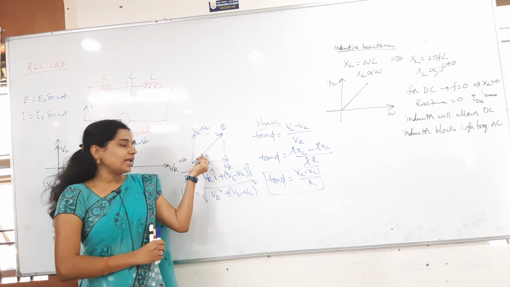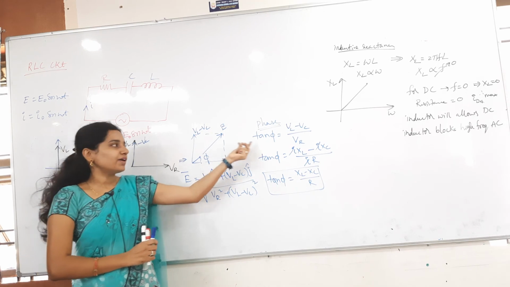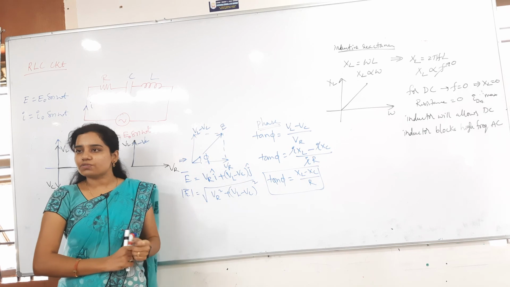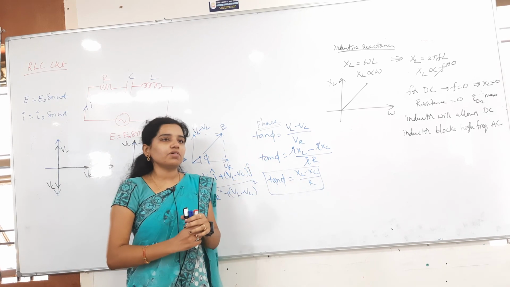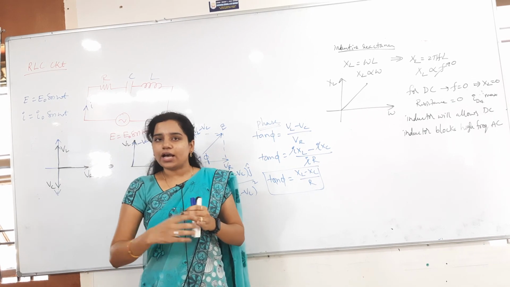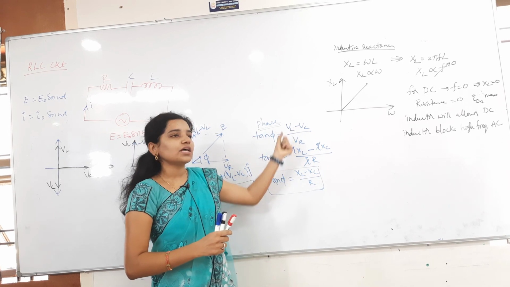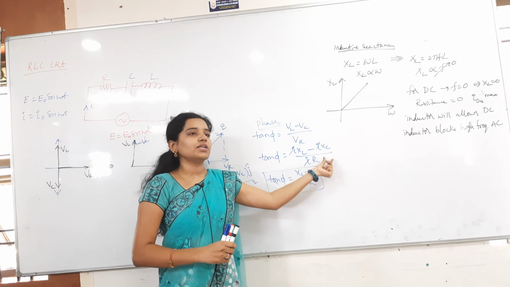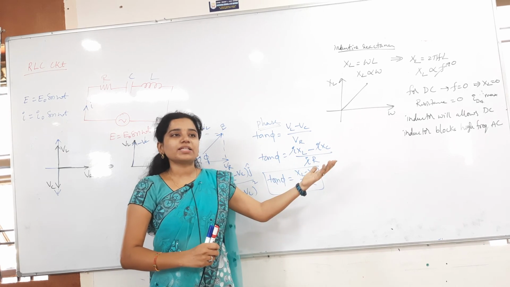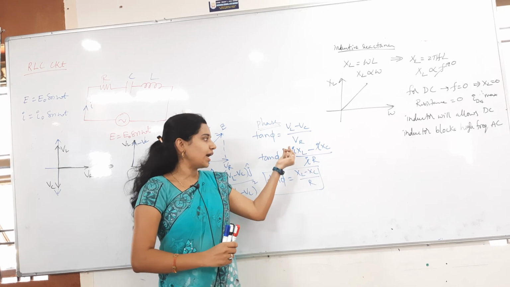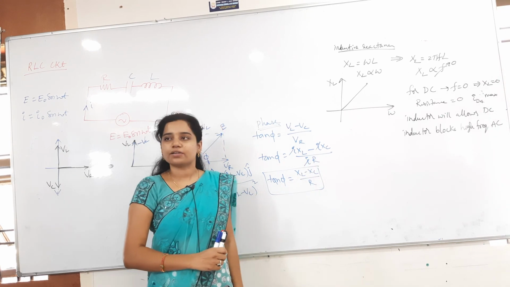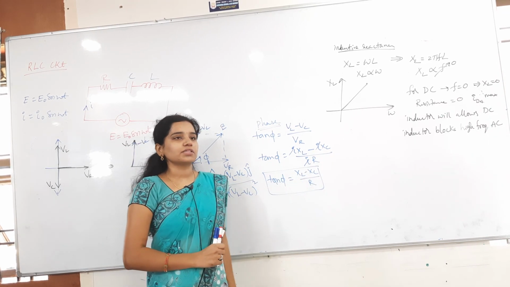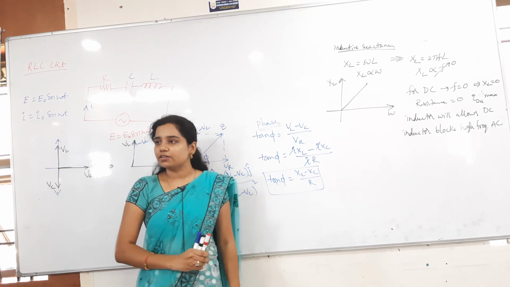Now from here I have to find out the phase, tan phi is equal to opposite by adjacent. VL minus VC by adjacent, which is VR. Voltage is nothing but I into R only. I is the current, and the resistance offered by the inductor is XL. Resistance offered by the capacitor is XC. Resistance offered by the resistor is R only. So IXL minus IXC by IR. I everything gets cancelled. Then what did we get here? XL minus XC by R. This is the phase angle. Clear? Copy everything.